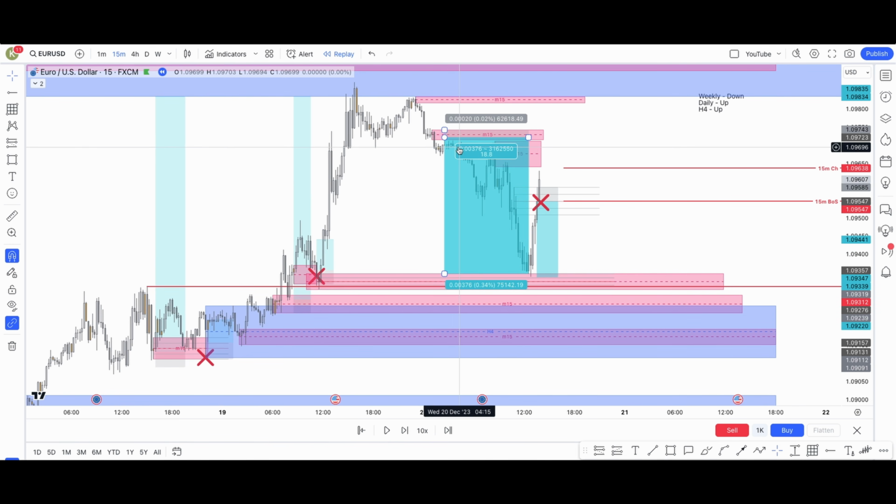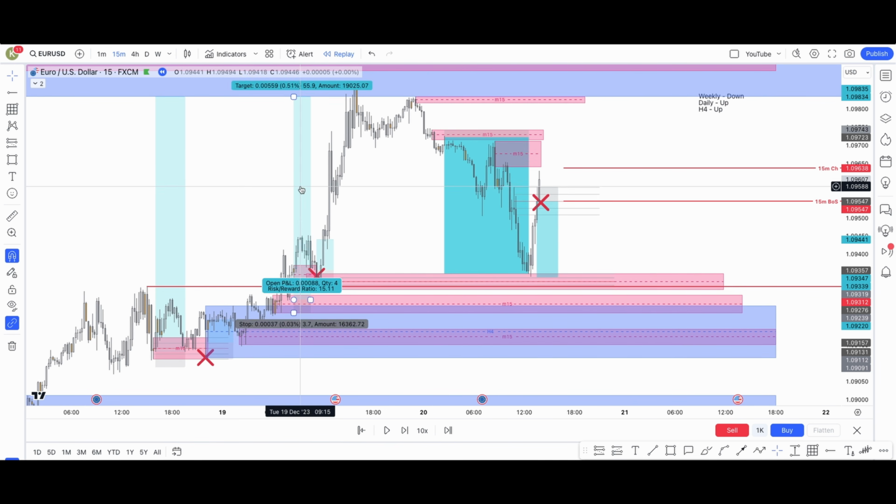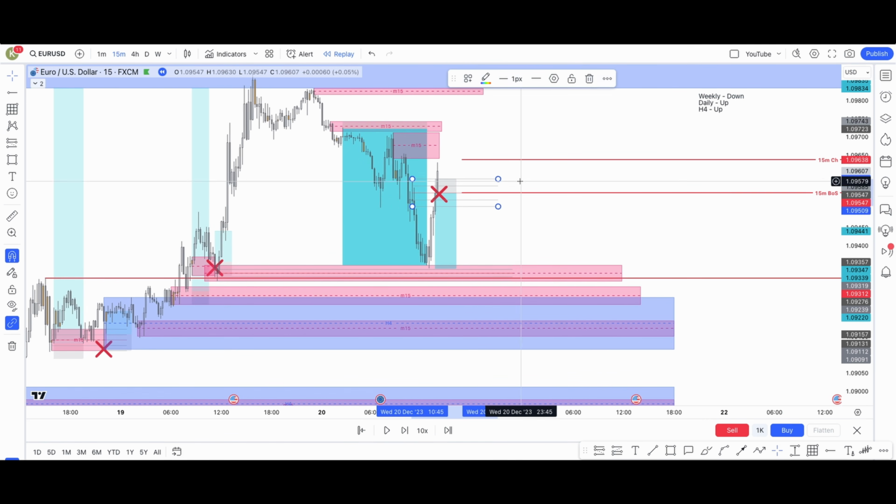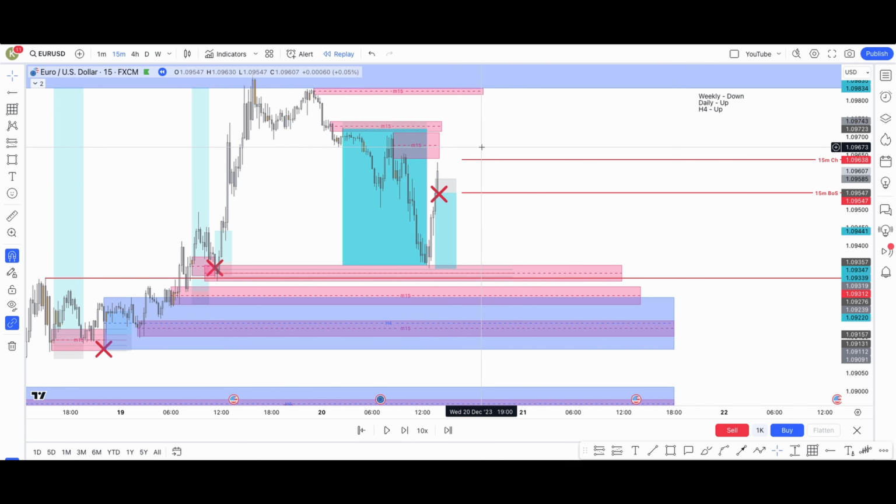-1 there. That's a win. Okay, that's cool. Why is that a different color? I've modified it for some reason. Oh well, whatever. So yeah, -1 there. Get rid of that. We've therefore chopped up on the 15 minutes, which means ideally we want to go long